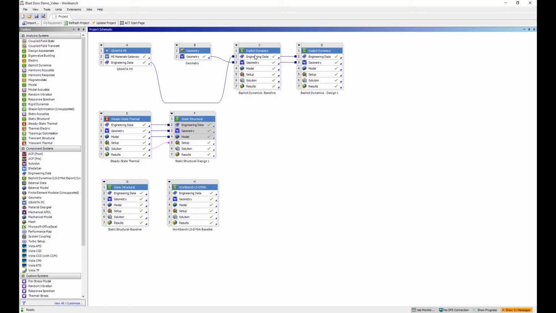To get the actual material data, such as the properties for the steel door and all the nonlinear curves, we used a tool called Granta MI, which is a materials gateway and a huge database of material properties.